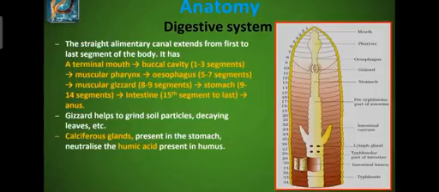Now the next point, which is very important, that we are going to study, is the digestive system of an earthworm. Here you can see the diagram in this slide. This diagram is very important for 5 marks. Draw a neat labelled diagram of the digestive system of earthworm, which is also called the alimentary canal. Don't get confused, alimentary canal and digestive system are both the same. Clear? So this diagram is very important.